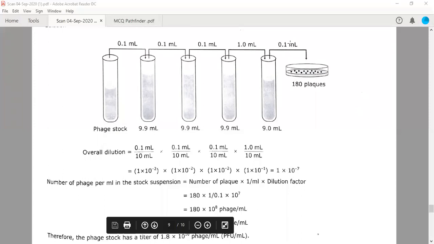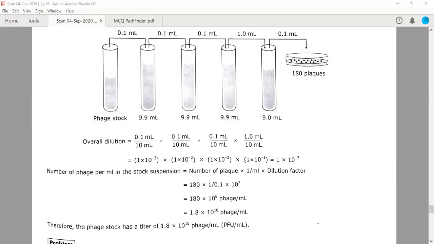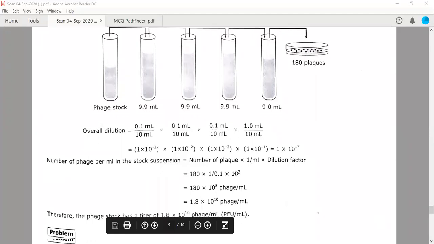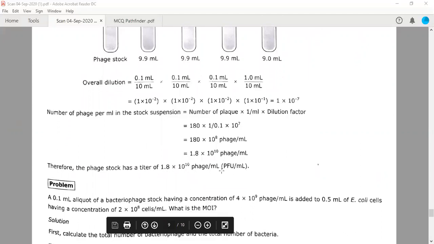Also, you need to keep this in your mind. You are taking 0.1 ml. So you will divide 1 by this value, because this is 1 per ml. You need to take 1 bacteriophage per ml, but you are taking only 0.1. Therefore, this will be converted into 10, and this 10 will be added into this power. So this is 180 into 10 to the power 8. If you put a point here, you will add 10 to the power 10. So the number will become 1.8 into 10 to the power 10 bacteriophages per ml.